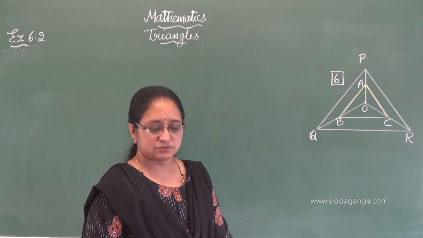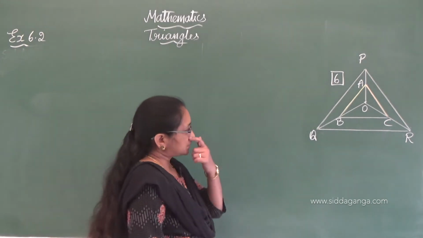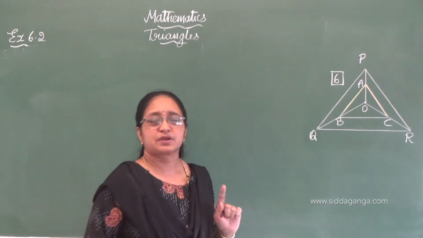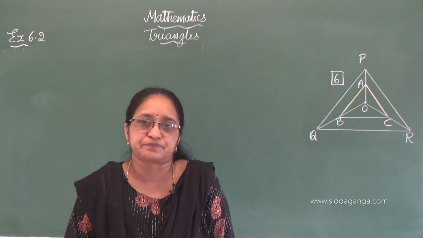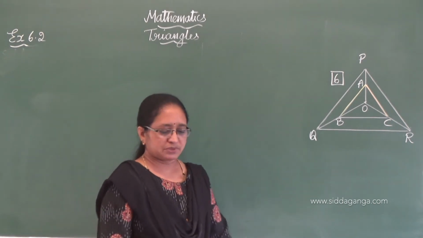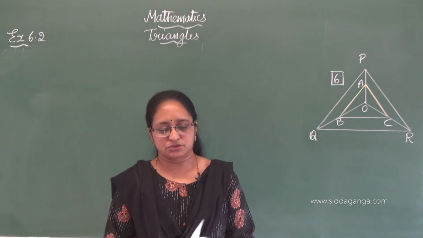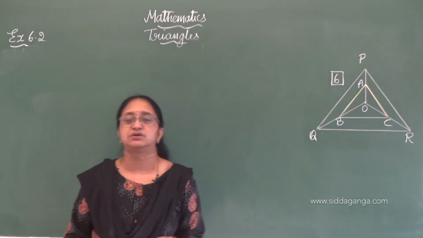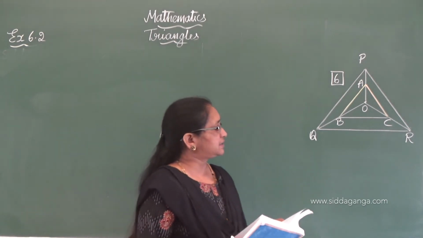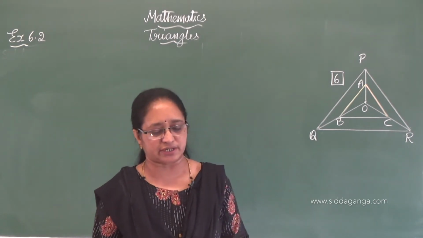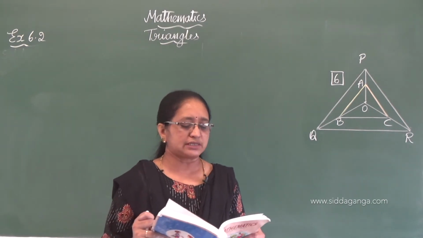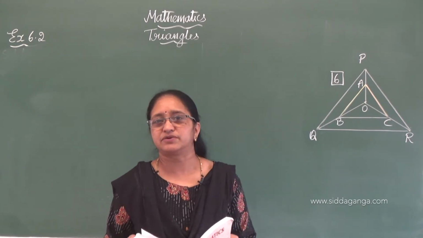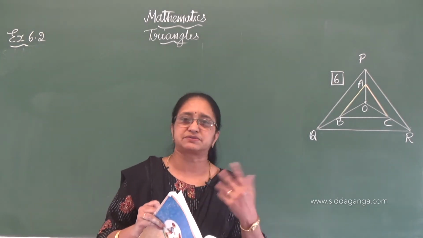So, just think over it. If you want to prove that BC is parallel to QR, by converse of BPT, what does the converse say? Please read that statement once again. It is there on page number 126. Read the converse, then only you can understand. If a line divides any two sides of a triangle in the same ratio, then the line is parallel to the third side. By using this theorem we can do it, meaning both BPT as well as converse.